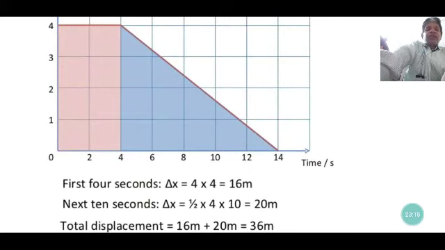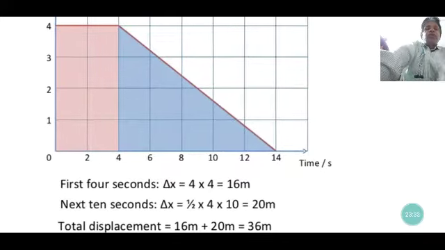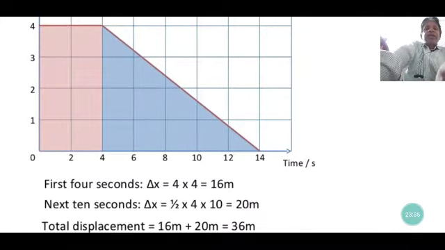For the first 4 seconds, the area gives the distance travelled: 4 into 4, that is 16 meter. And the next 10 second,